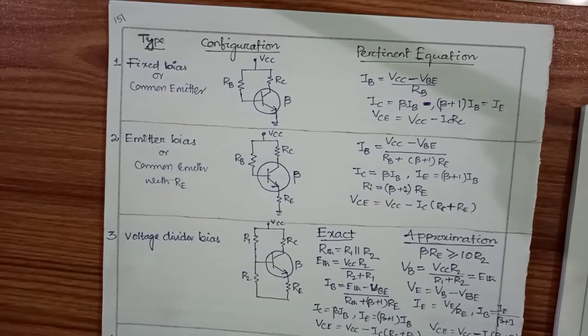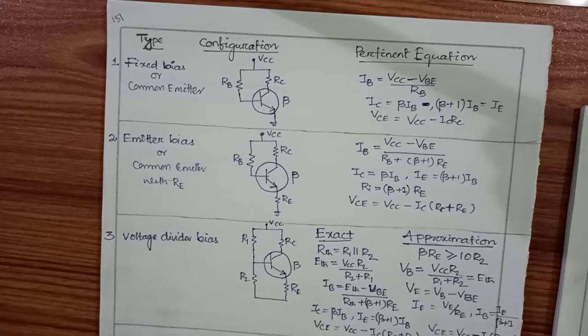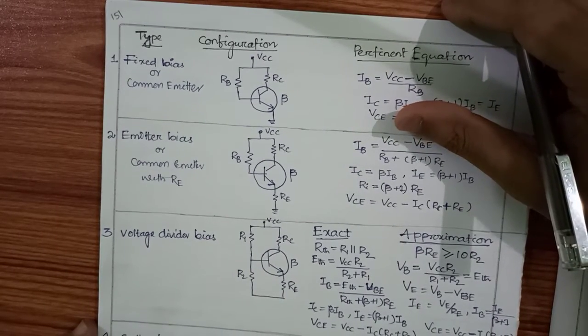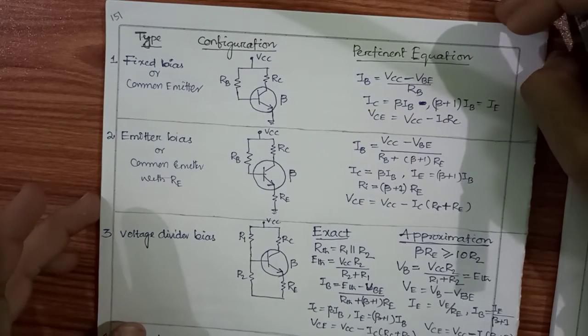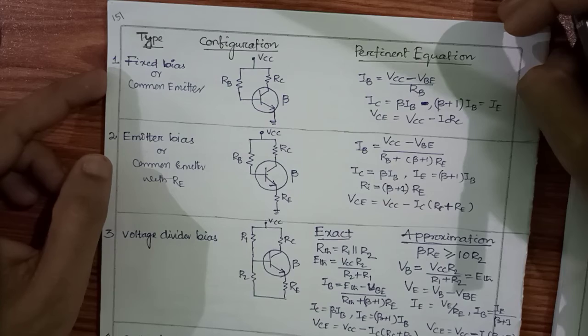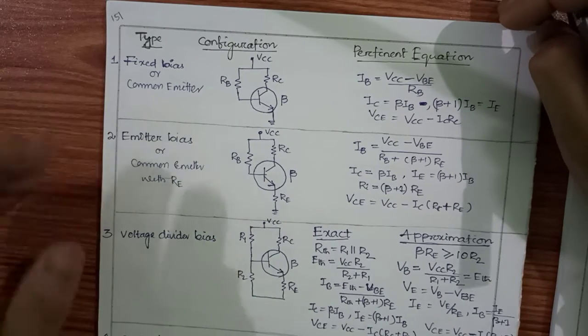In the last video, we have completed the 6 types of DC bias configuration for our NPN transistor. Today we will see how those configurations can be applied to our PNP transistor and how our BJT can act as a switch. But before going to the two topics, let me first do a quick revision of the